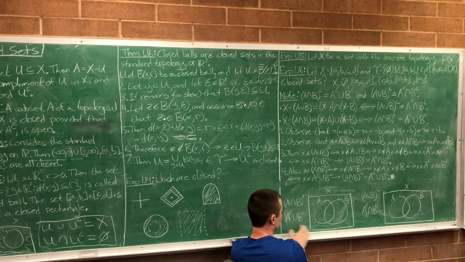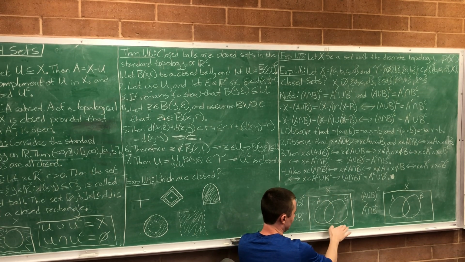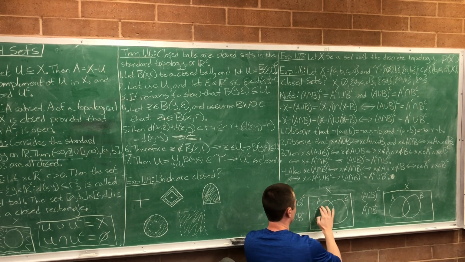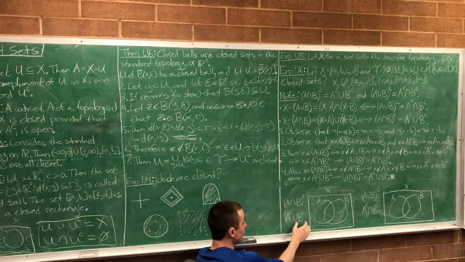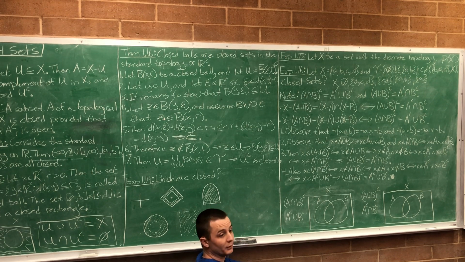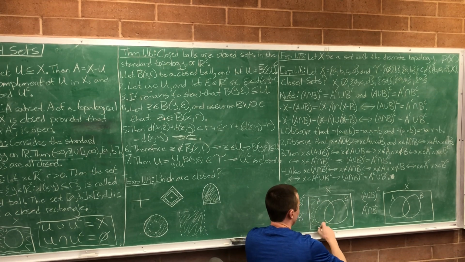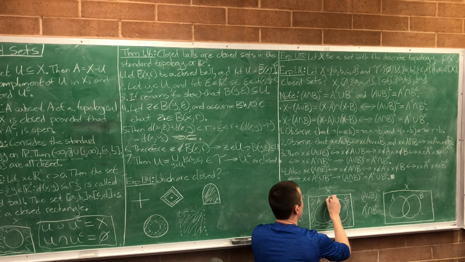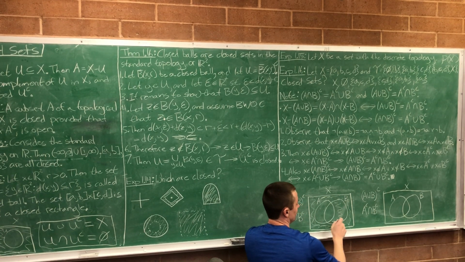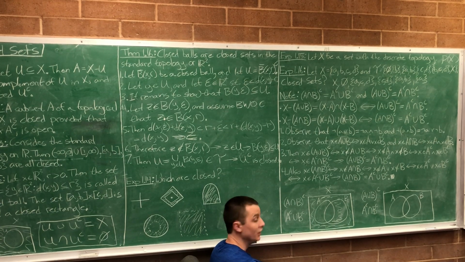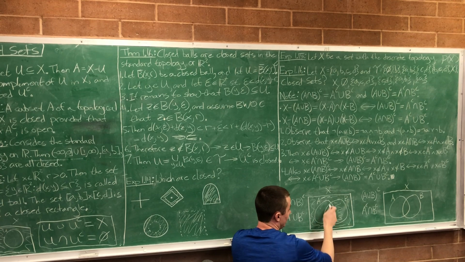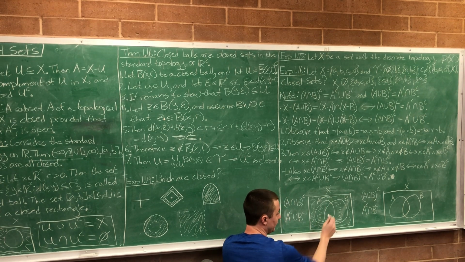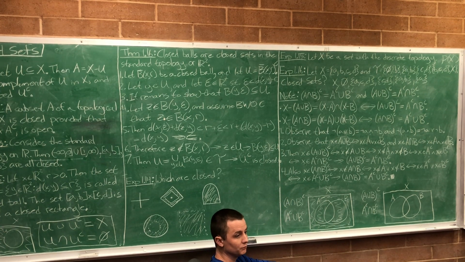I probably should have just done this one and shown it as the same as that, because that one's easy to see. But let's play the game again, and now let's look at this one. So we're doing A complement union B complement. A complement is everything that's not in A, right? So that's everything out here once again, and everything over here. That's everything not in A, union with everything not in B. Well, once again, that's everything out here and everything in here. What did we leave behind? Just A intersect B.